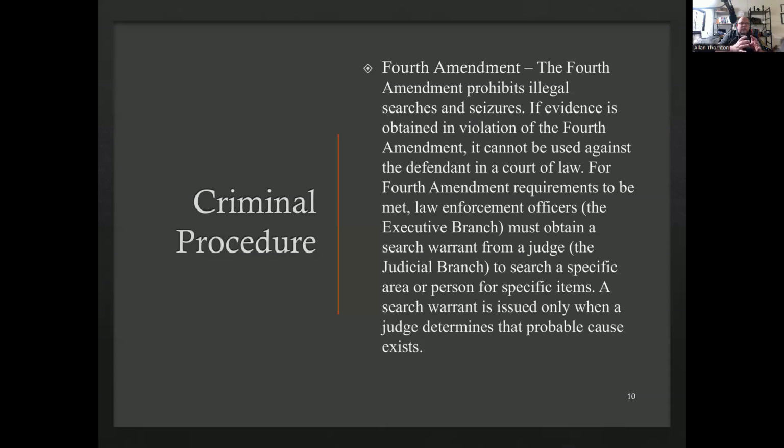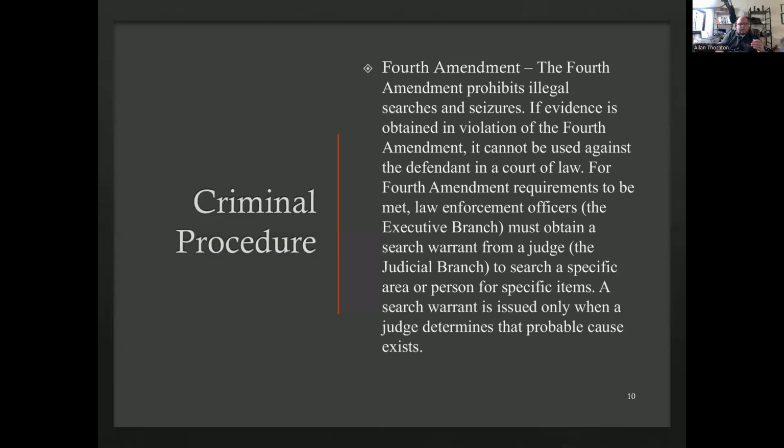Judges will normally want something already showing that there's probable cause here. They want to know that if they're going in here, there's a reason for them to do it other than the fact that they just want to harass this person. They normally will want to see something showing that there's a true reason, a reasonable search that's going to happen here. The Fourth Amendment protects against those unreasonable, illegal ones. And if they're signing off on it, they want to know that it is a reasonable search.